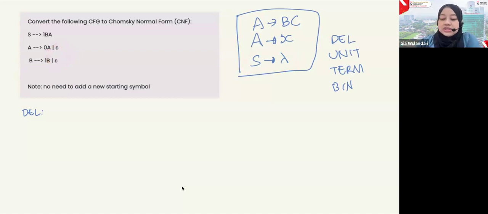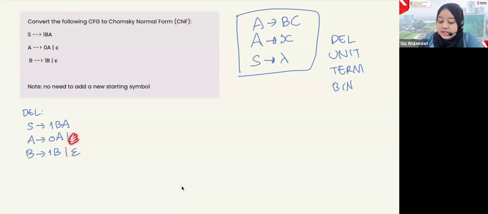We can change them to every possible option we may have. For example, here we have S to 1BA, it's fine. And then we have A to 0A and also epsilon, and B to 1B or epsilon. So we need to remove these two epsilons.